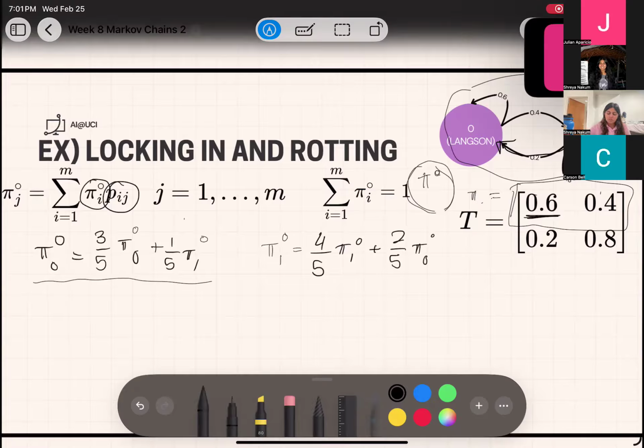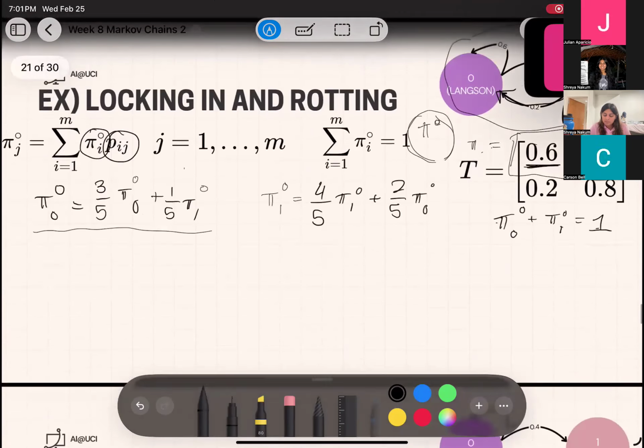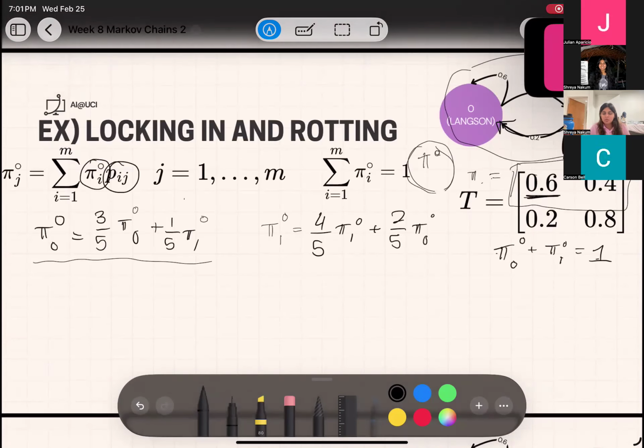So now we have these two equations, but there's still one part that's missing, and that's this: the probabilities of these two added together will be 1. You remember that from right over here. It's the same thing that's always been there, the summation of Pij, which is always a given. And it's the same thing over here too. The steady state probabilities will always add up to 1.